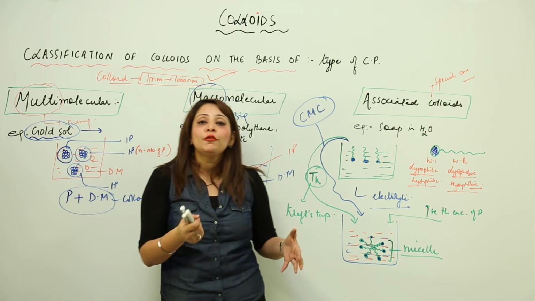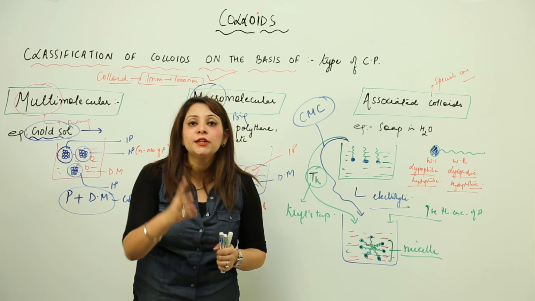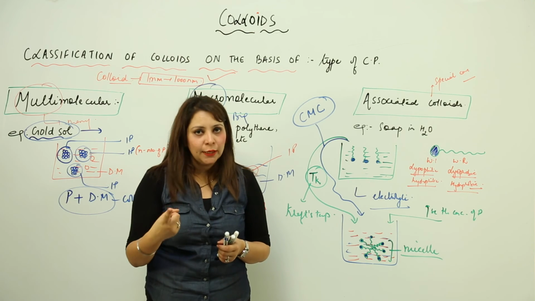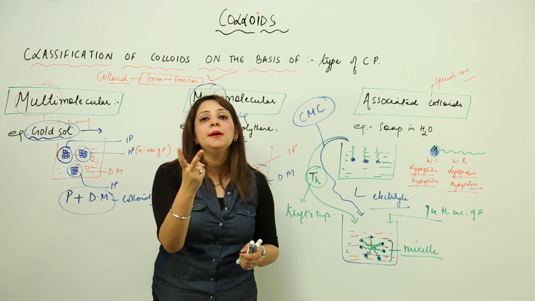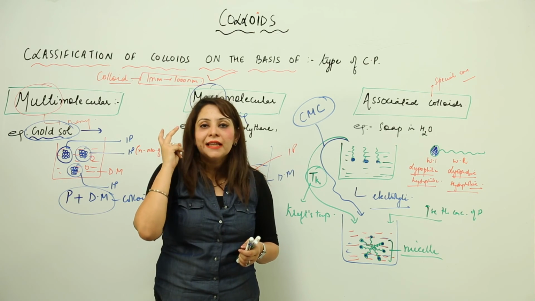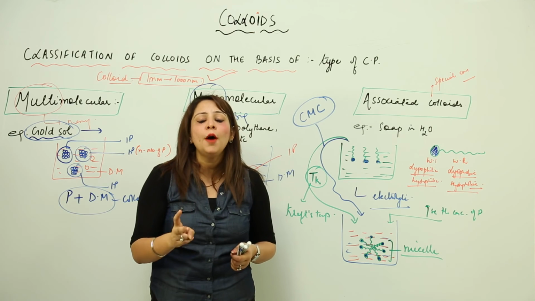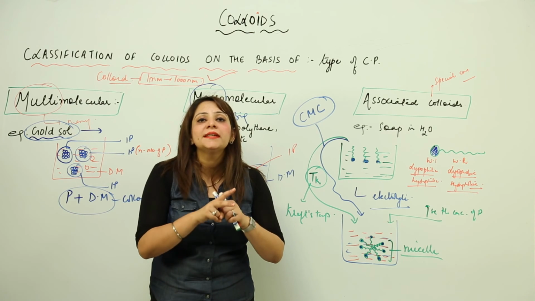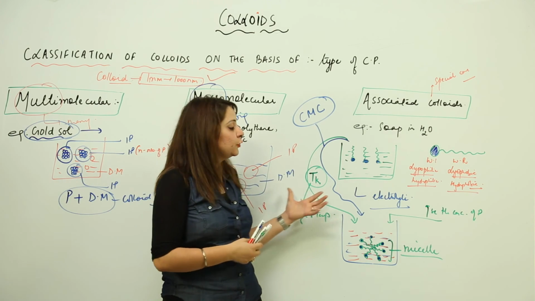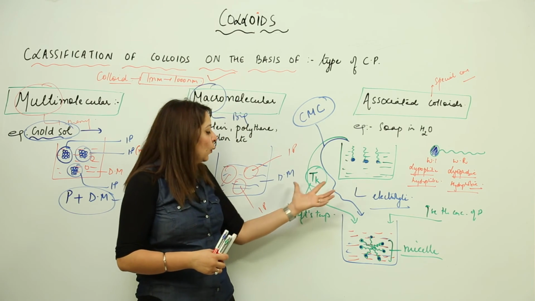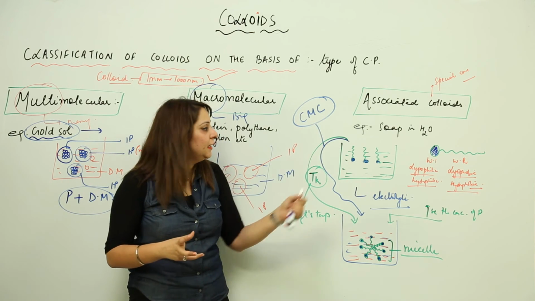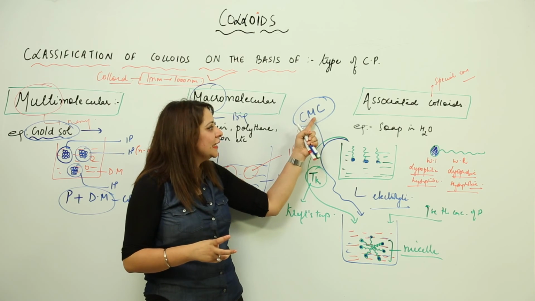So for the conversion of electrolyte into micelle, we need two things. There should be a Kraft temperature, that means a specific temperature at which the conversion takes place. And second, there should be a minimum concentration, the critical concentration, at which only the micelle is going to form, otherwise below that concentration we won't be seeing any micelle, no colloid, nothing, just an electrolyte. Right. So these are the two important factors we have here. One is Tk, that is the Kraft's temperature. Other is CMC, that is the critical micelle concentration.